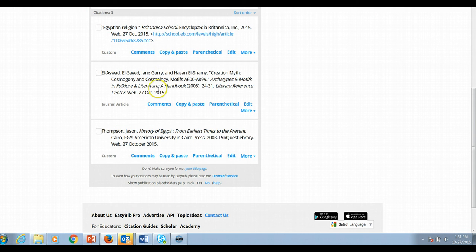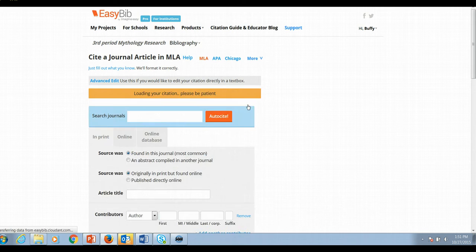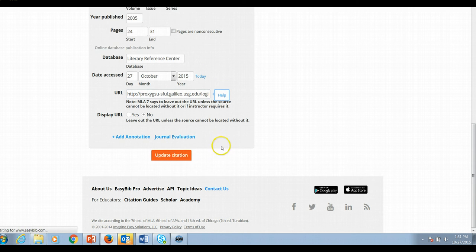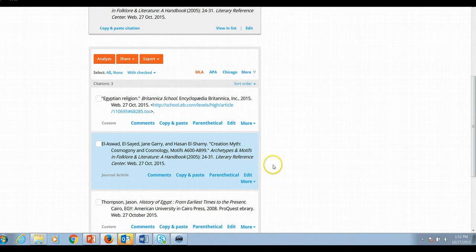And ta-da, there it is. It is put into my list. And notice that if the URL is not showing or the permalink, if you press Edit and go down into this section, that secret link or the permalink is hidden here, and you can always copy that, and then again paste it into your browser to get back into your article. Otherwise, I'm just going to hit update to exit that mode, and now I'm ready to begin looking for other